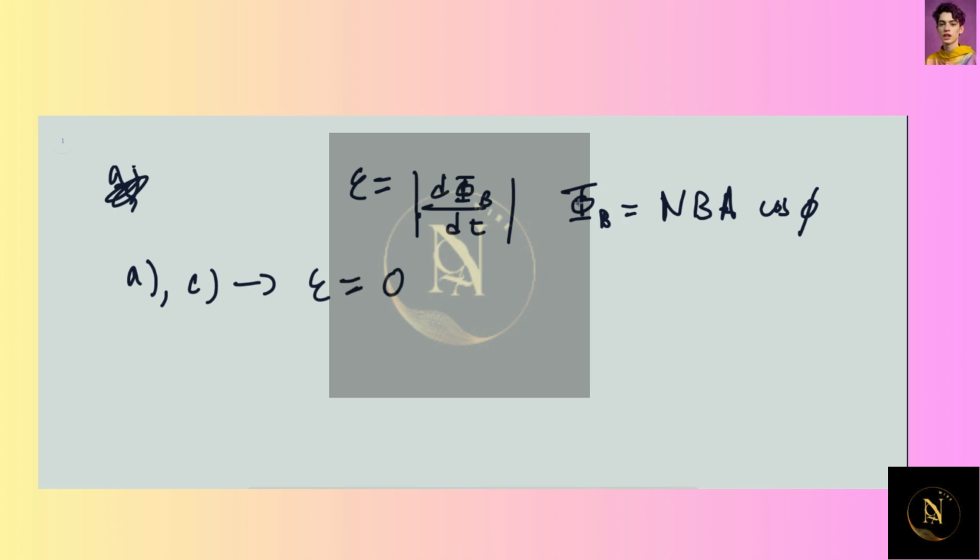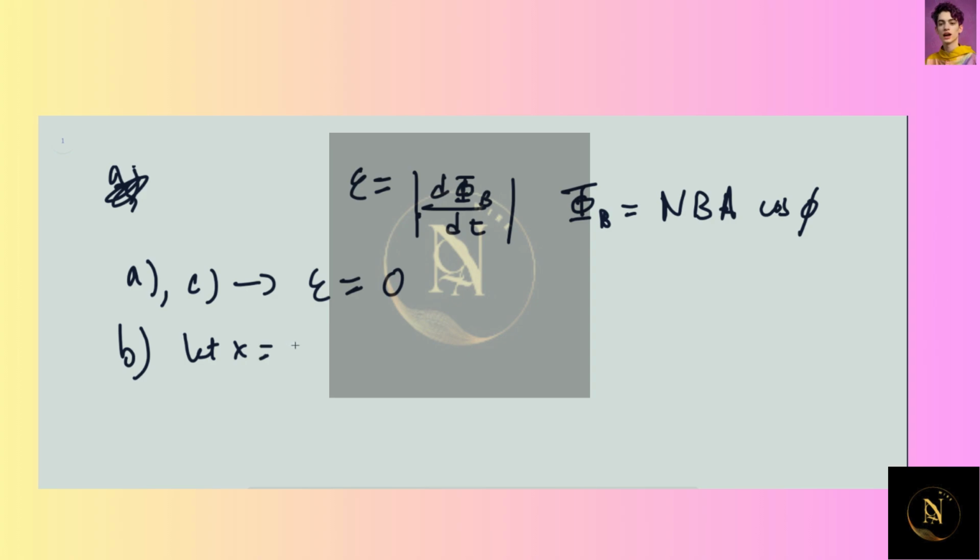This is because phi is not changing, and that's because look at this: the number of turns of coil is not changing. Magnetic field strength is of course not changing when you're all in or all out, and area of the coil is not changing either. So nothing's changing in phi. Phi is not changing, ergo EMF induced is 0. Part B, however, when the coil is partially inside the field and partially outside, we're gonna